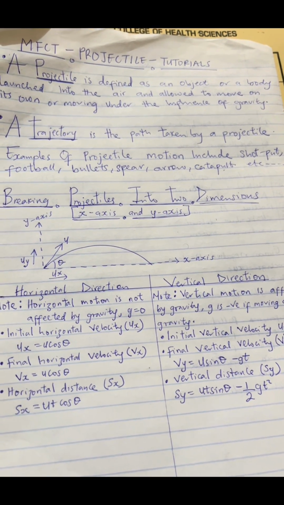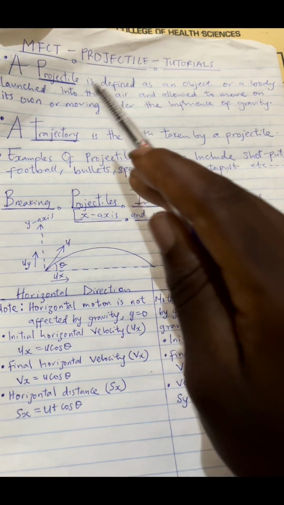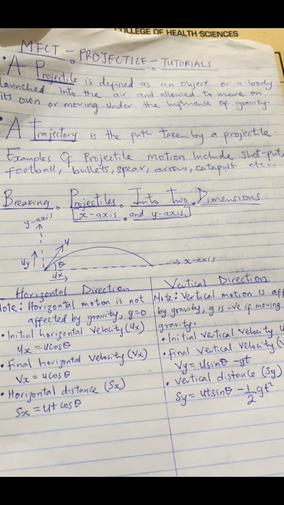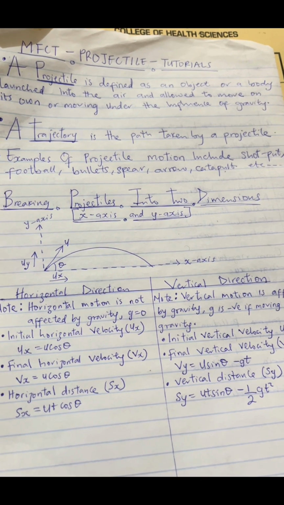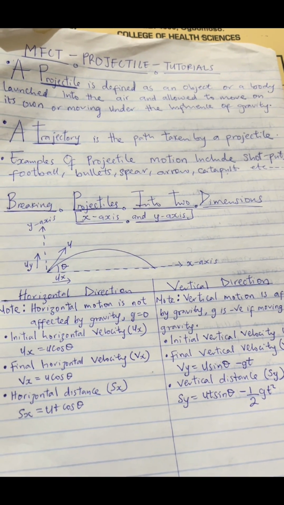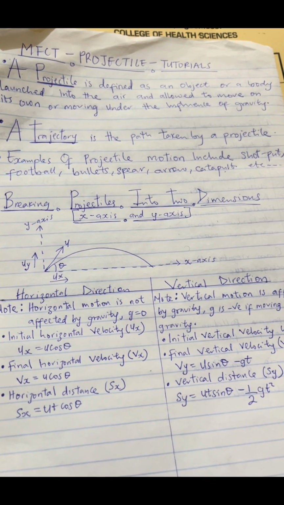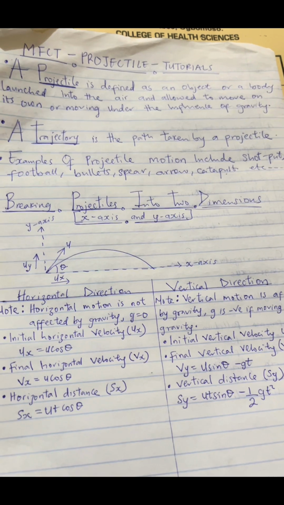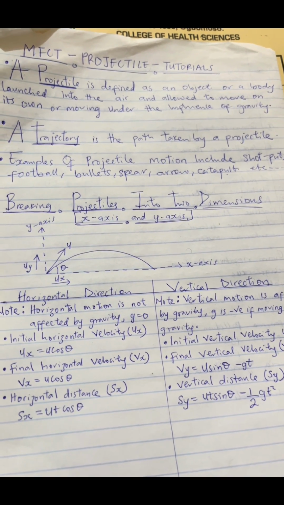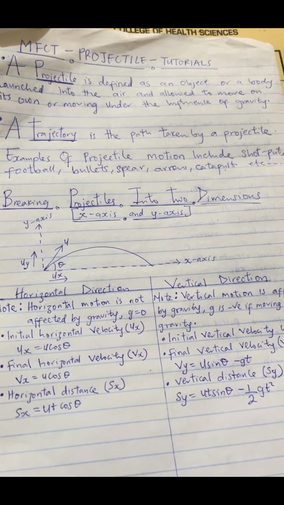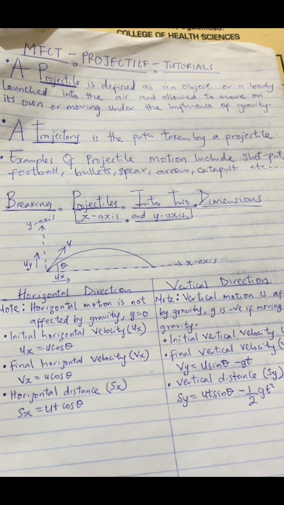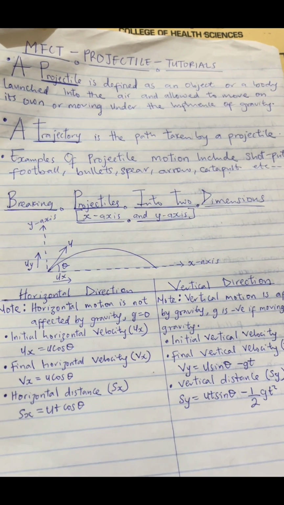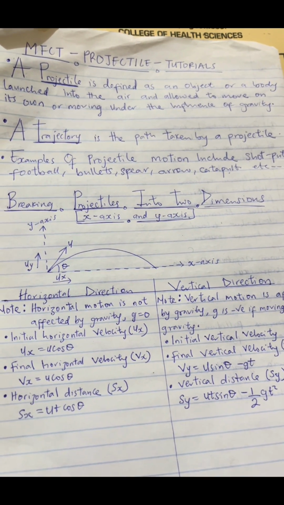motion. So if you're talking about projectile motion, what is a projectile? A projectile is defined as an object or a body launched into the air and allowed to move on its own or under the influence of what? Gravity. That is simply the definition of a projectile. Then you also have to know what we mean by a trajectory. A trajectory is the path taken by a projectile. The path taken by a projectile body is referred to as what? Trajectory. Now, once we have known the definition of projectile and what a trajectory means, the next thing we have to